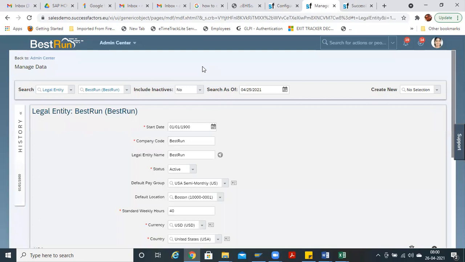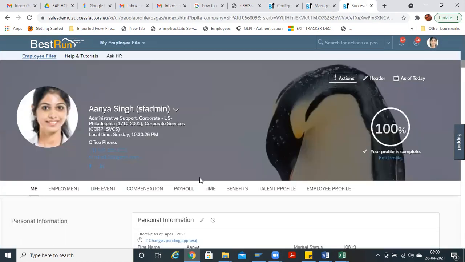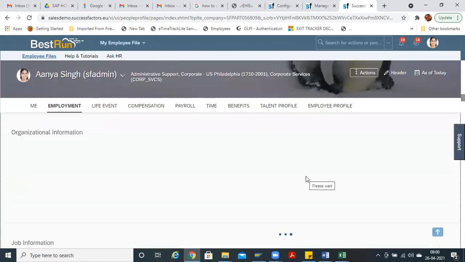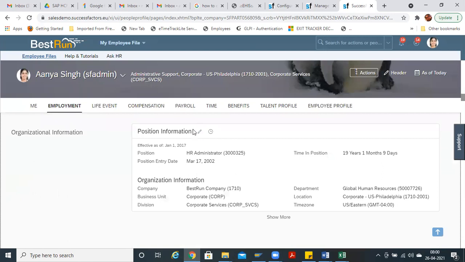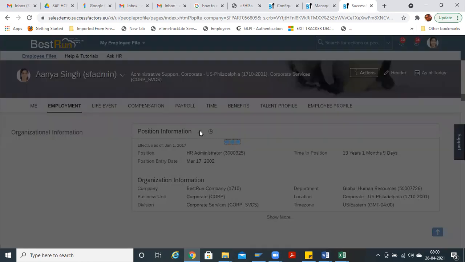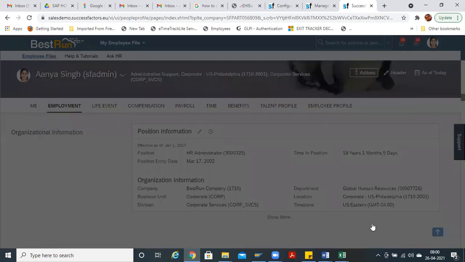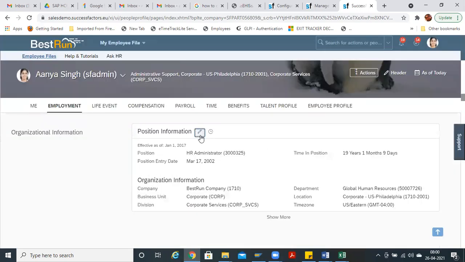So let us create a custom MDF object, where this legal entity and all will be visible to you in the succession data model, meaning in the employee profile under employment. Basically we require this to hire an employee, right? In that particular org structure.